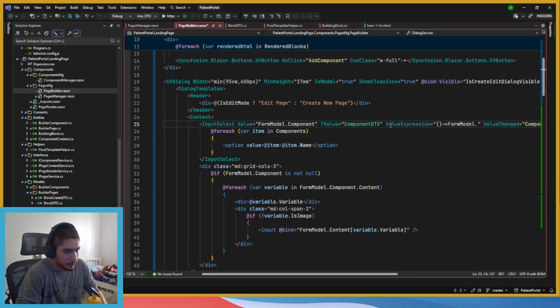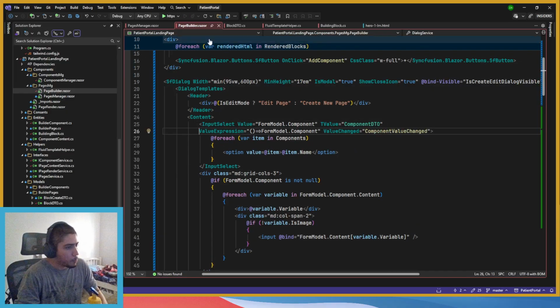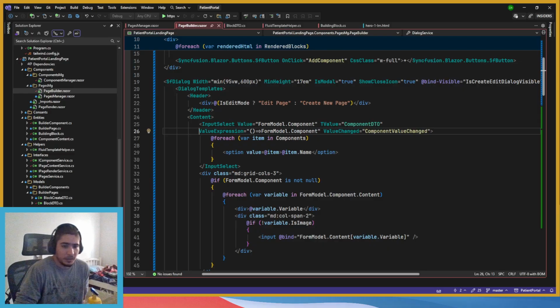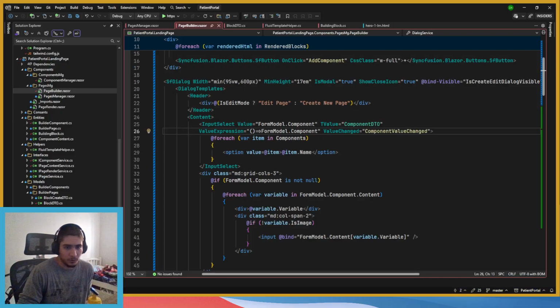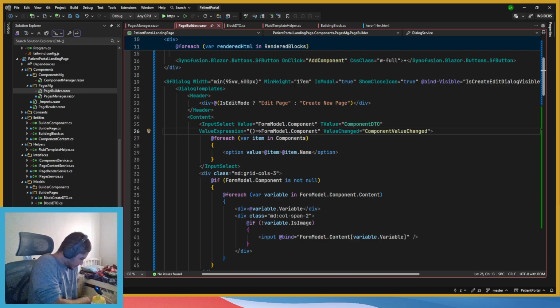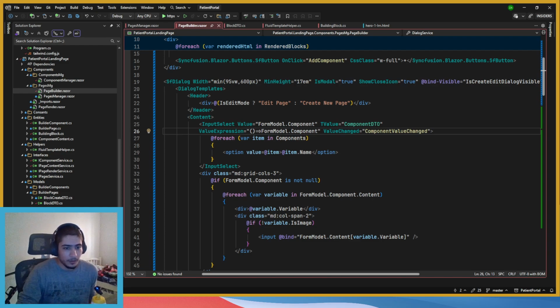I don't know what value expression to do, but this is the one I use all the time. But yeah, let's go and see how it goes. If to render or not. Okay, so it started from here. Let's reload this page just to be sure.